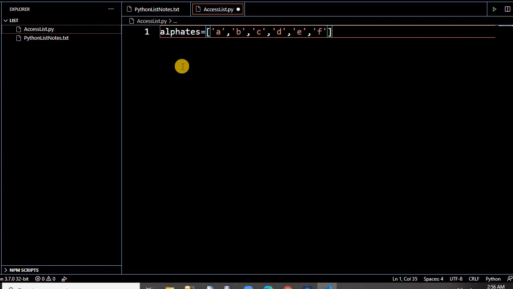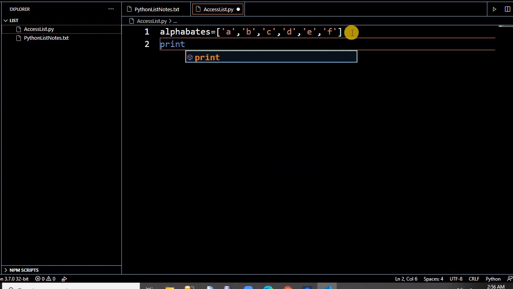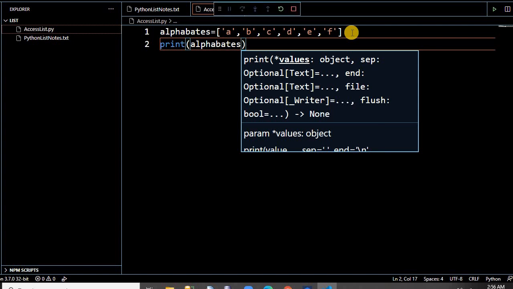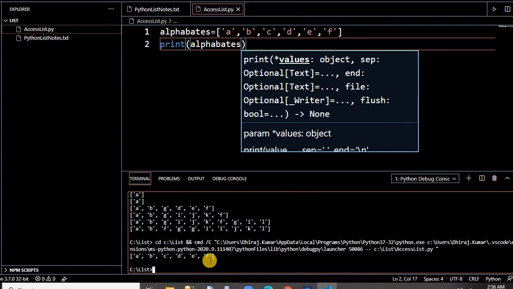One more thing: while doing examples, always try to use meaningful names, because it builds a good habit. Otherwise, X, Y, Z variable names are not good programming practice. So let's print this. If you run this, it gives the whole list, from A to F.